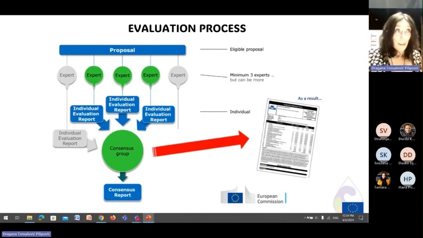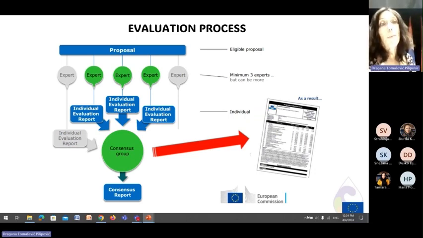So, evaluation process. When your proposal arrives to Brussels, basically there are 3 experts that evaluate your proposal individually, right? They write an individual evaluation report, and then they get together, right? They discuss, they fight, I suppose, I don't know. But they have to reach a consensus, right? So they have to agree on a common position, and then they have to write at the end a consensus